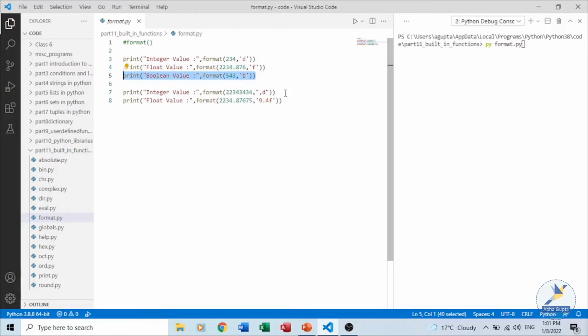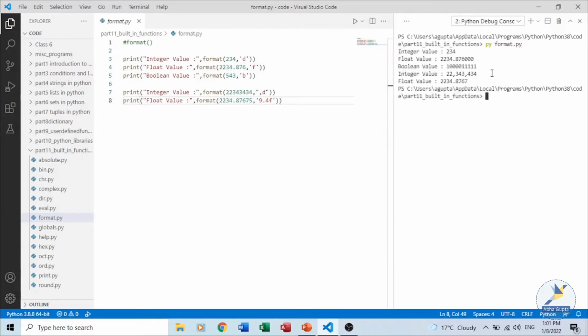Similarly, together with format we have certain format specifiers also, like we can have a 1,000 separator. In this line, for example, we can specify how many digits will be there in the number, what will be the precision, what will be the width of the number which we are trying to print. We can give the sign which should be printed with the format when we are using the format function.